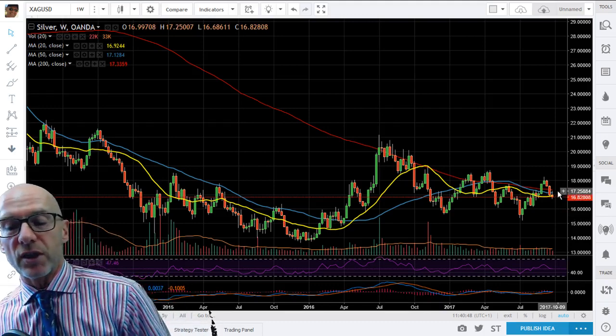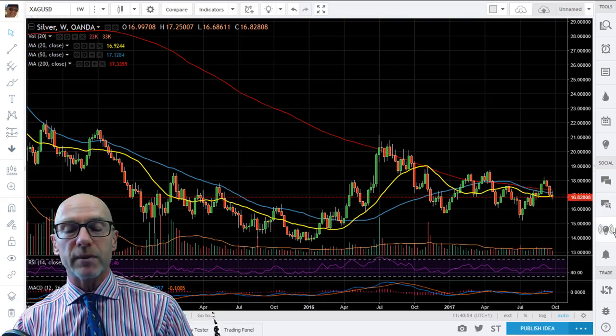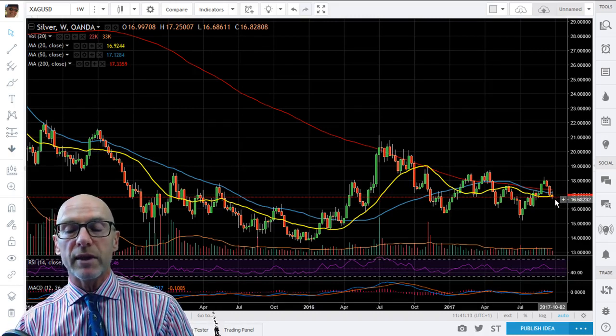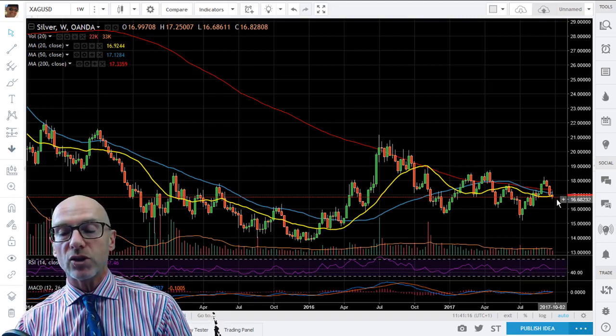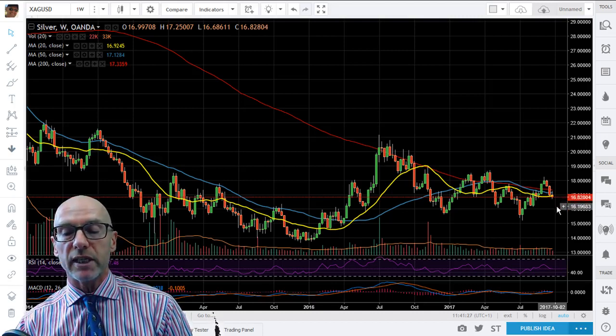It's bearish that we came back below the moving averages. Present price 16.82 is below that 20-week 16.92. That is moving up, so is a positive influence on the silver price, but just isn't holding it at the moment. The concern will be that if we close below it this week and then move slightly down next week, that will start to roll over. You can already see the 50 and the 200 are moving down. When all three are moving down, that could give a push lower,